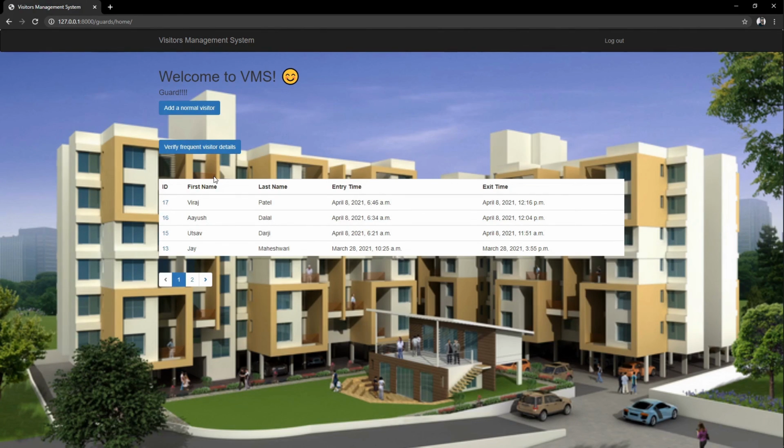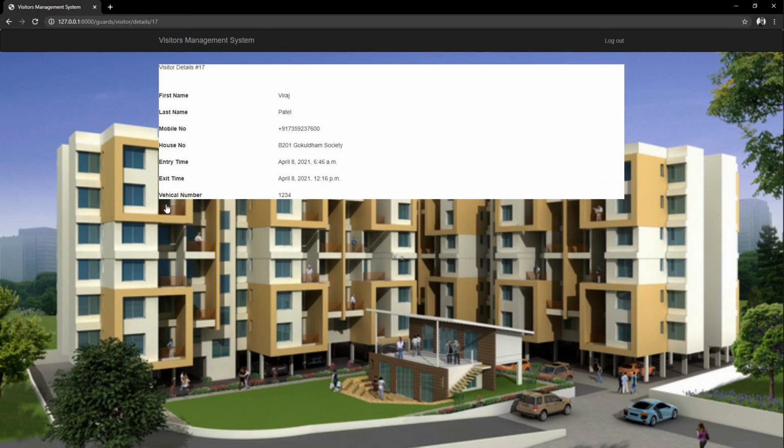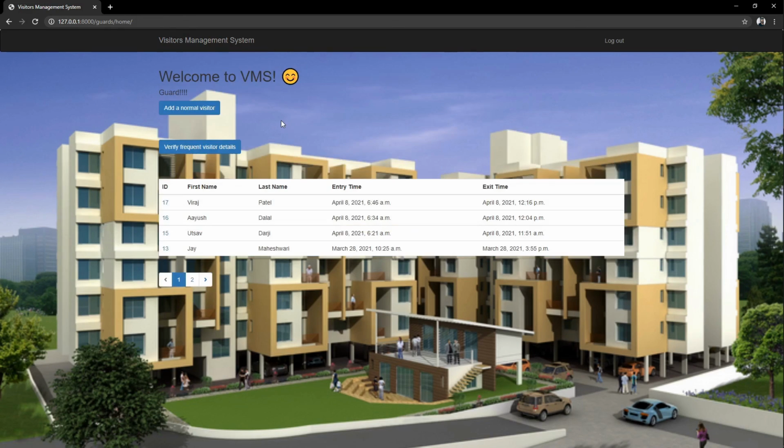And if the guard wants to see details of any normal visitor, he can click on this ID, and he can see all the details of a normal visitor. So this was all about the guard's functionality.